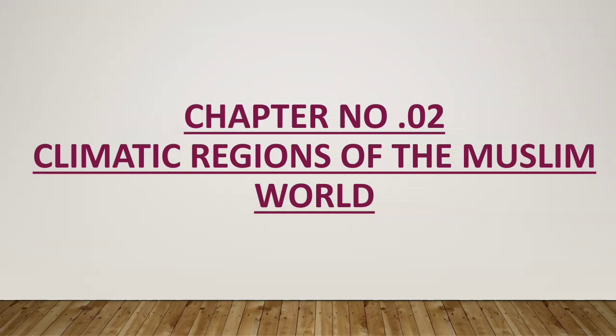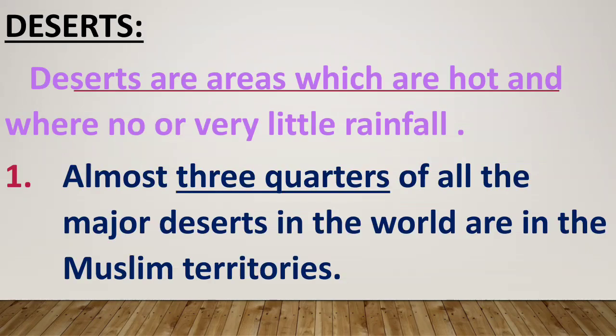It's your social studies lecture number 4. As you know, we started chapter 2, and today we're discussing the remaining part of chapter 2, the name of the chapter is Climatic Regions of the Muslim World. If you remember, in the last lecture I told you that we are discussing the climatic regions in the Muslim world. So if you remember, we have 7 climatic regions in the Muslim world, so we're discussing now